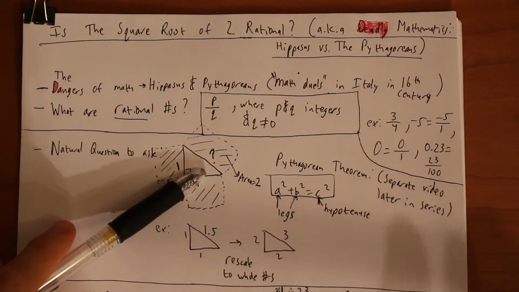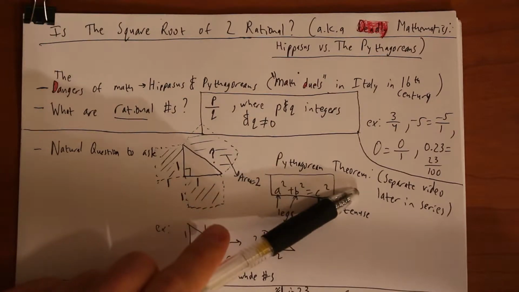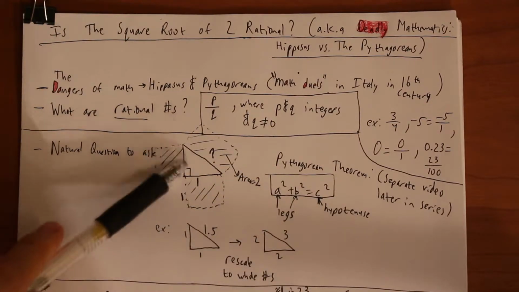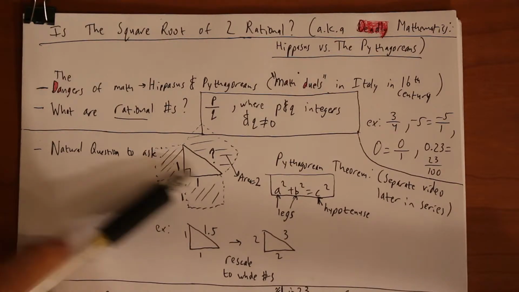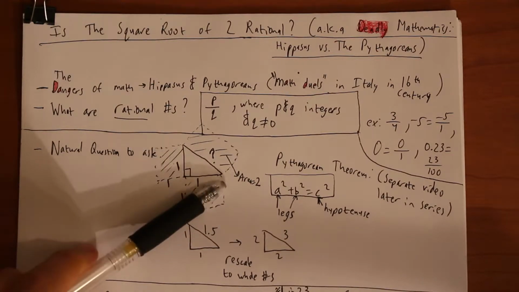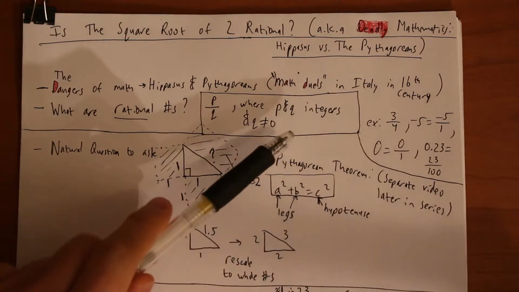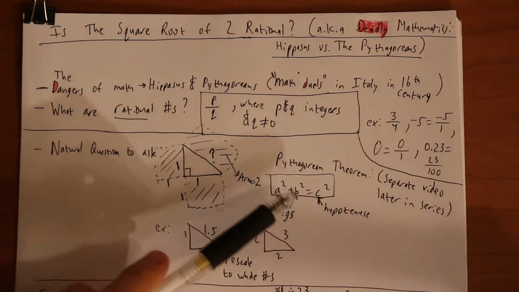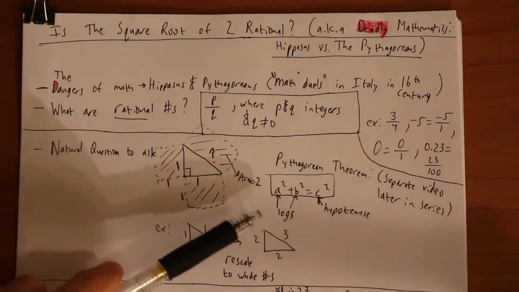Quick tangent. In later videos in this series, we're going to go into the Pythagorean theorem, which discusses how you find this number exactly, which would be this side squared plus that side squared, giving you that side squared. So a squared plus b squared equals c squared. But like I said, we're going to go into that in detail later. But that's just to show you that this is going to relate.